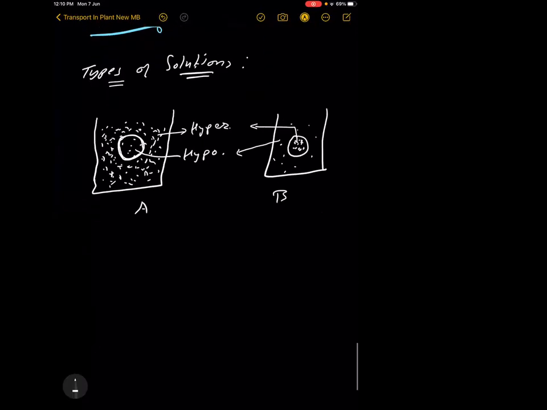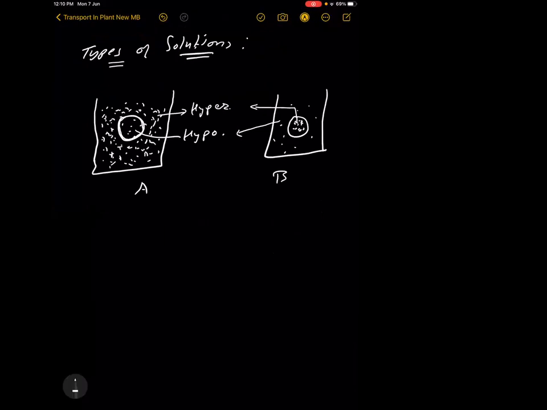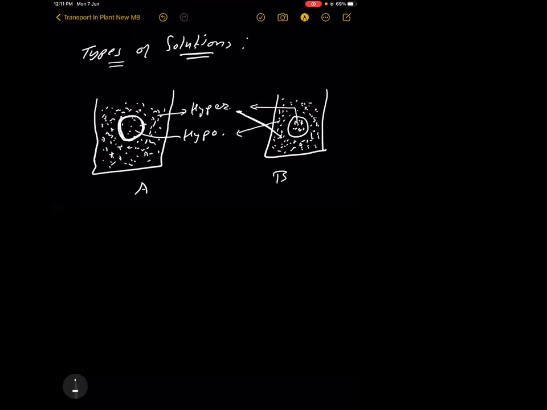Sir, this also depends on the quantity. Quantity of which material? The solute? Yes, it depends. Suppose this is a hypotonic solution. Now you are adding more sugar, or some other solute. Then it becomes hypertonic. So it depends on that material. But initially it is hypotonic, then the cell loses water molecules. Sir, that is also called exosmosis.